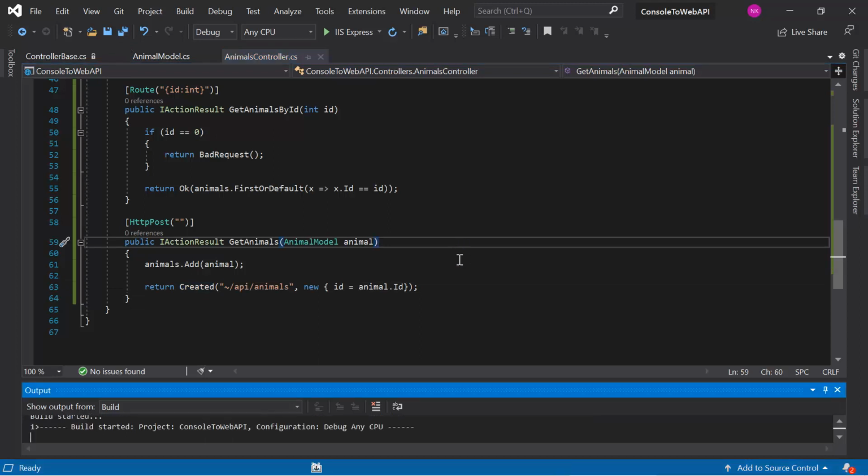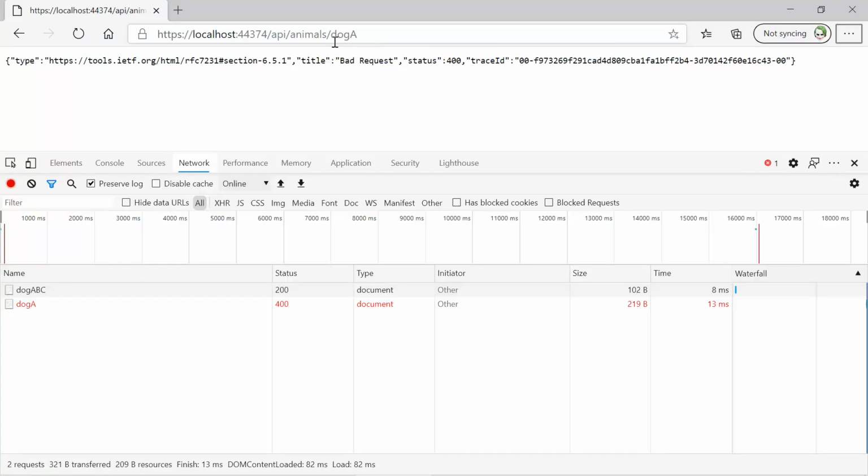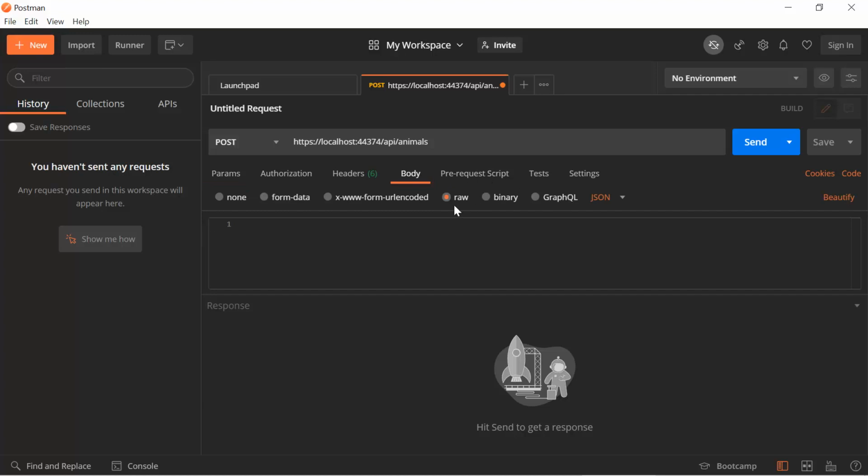And this time to test this post method we can open the Postman. Let's enter the URL over here. This is the URL. We can simply copy it, paste it over here, and this time we have to use the post request. Here we are in the post, and to send the data we can use this body, and in the body we can use this raw, and over here we can simply use the JSON. In the JSON format we can pass our data. First we have to pass the ID, and let's say the ID is 3.